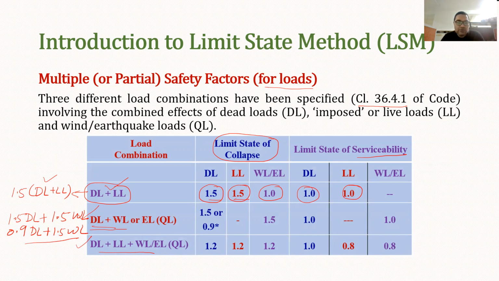Now, in our course, we will be following only the first load combination. This means that when we calculate dead load and live load on our element, we will multiply that load by 1.5. So in our case, this will be the safety factor. The safety factor can be chosen by using this table, which is given in this clause, so you can refer to this clause to check the same table.